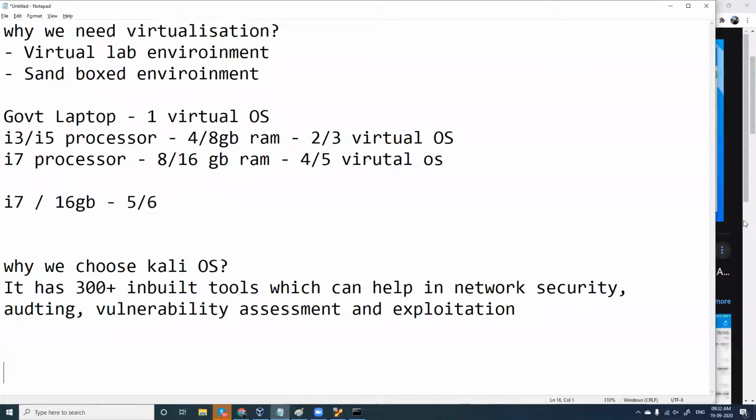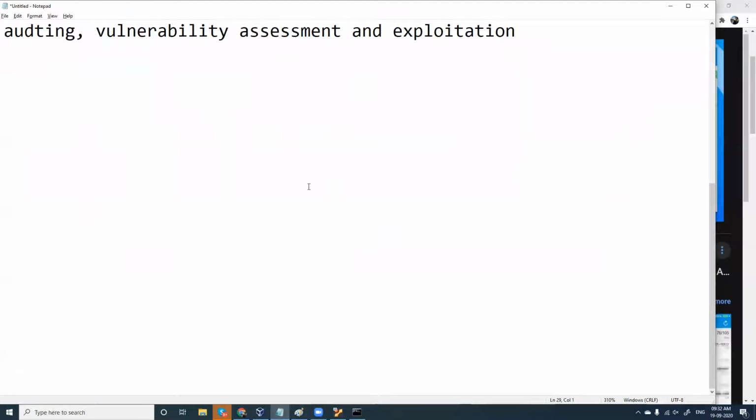And now the first tool we are going to see here is Nmap. The app we have seen is Fing. It's a very simple app, which is for both Android and iPhone. Nmap stands for Network Mapper. And I'll tell you the importance of this tool.